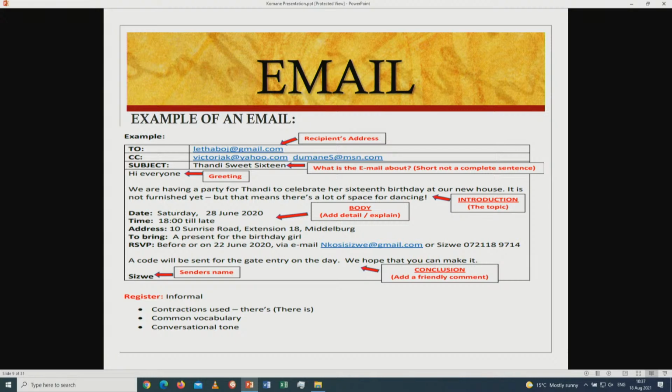And then the time: 18:00 till late. The address: 10 Sunrise Road, Extension 18, Middelburg. To bring: because it's a party, you have to bring some gifts, some present. A present for the birthday girl. And then RSVP on or before 22 June 2020 via email